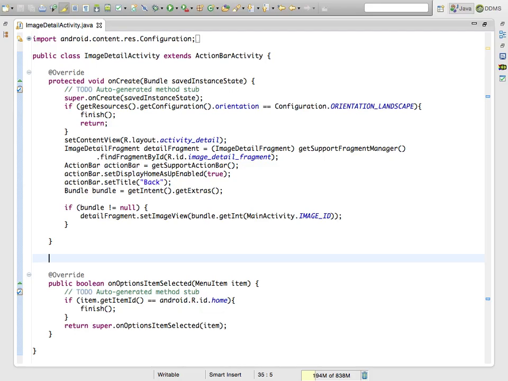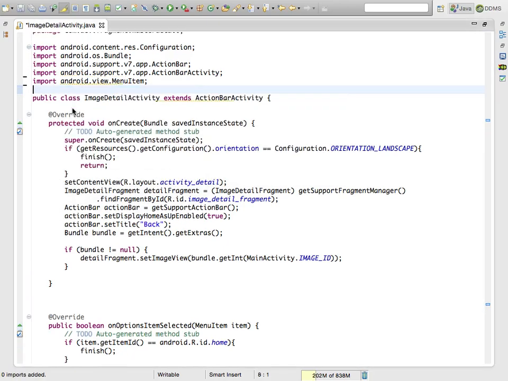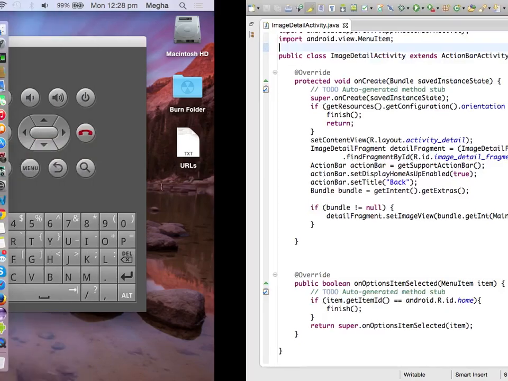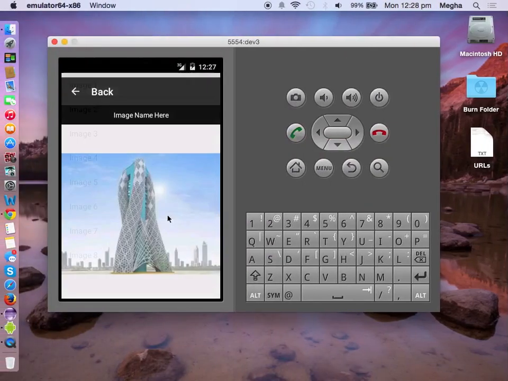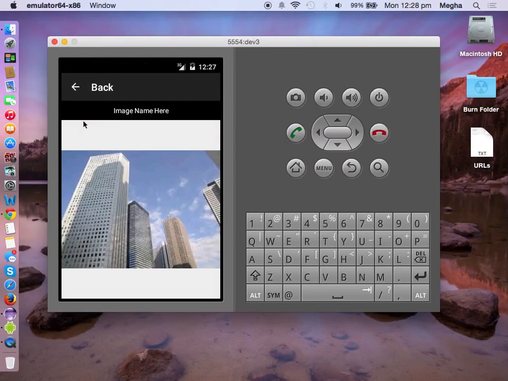So for the next part, you have to complete this exercise before proceeding. I'll put the source code to a developer